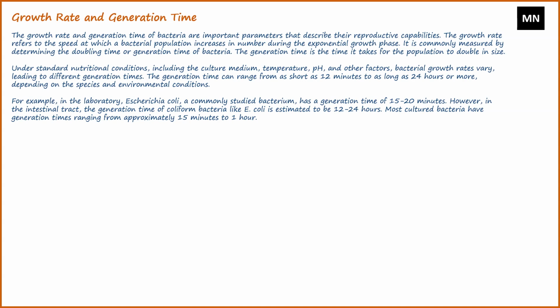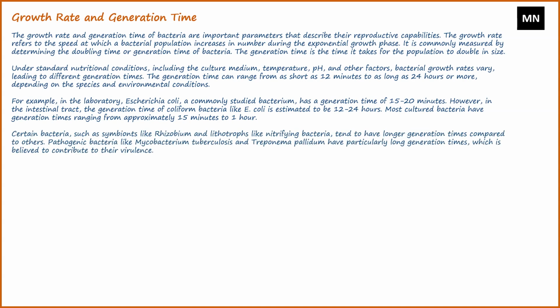However, in the intestinal tract, the generation time of coliform bacteria like E. coli is estimated to be 12 to 24 hours. Most cultured bacteria have generation times ranging from approximately 15 minutes to 1 hour. Certain bacteria, such as symbionts like Rhizobium and lithotrophs like nitrifying bacteria, tend to have longer generation times compared to others. Pathogenic bacteria like Mycobacterium tuberculosis and Treponema pallidum have particularly long generation times, which is believed to contribute to